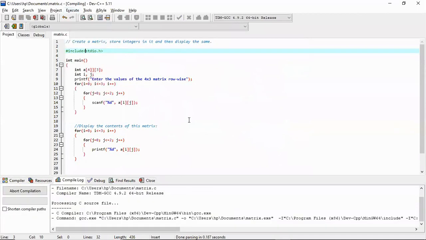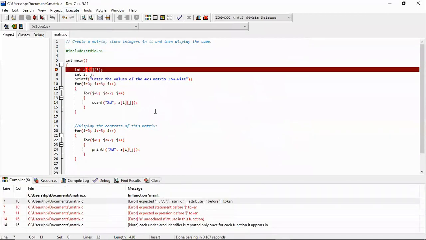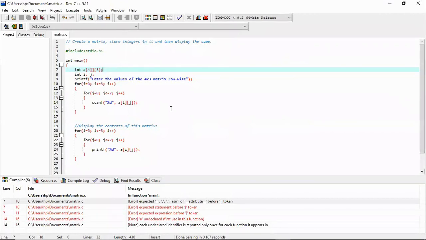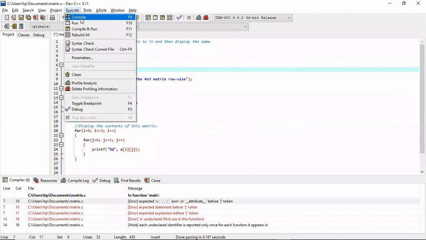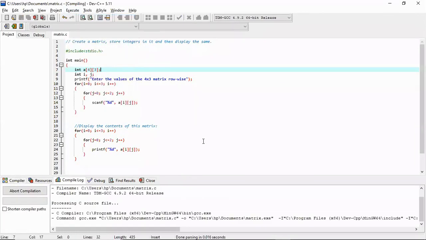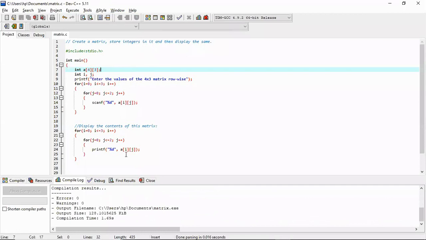Compile it. So here we have used double this. Now this is okay. Let us run it.